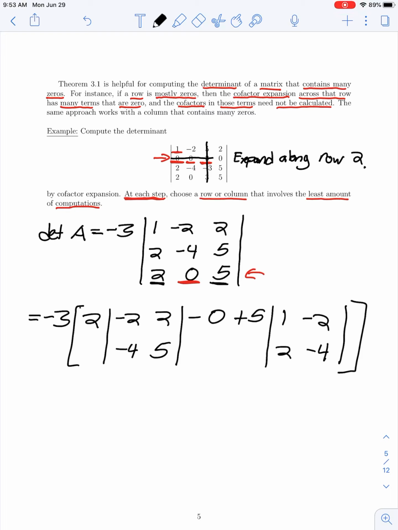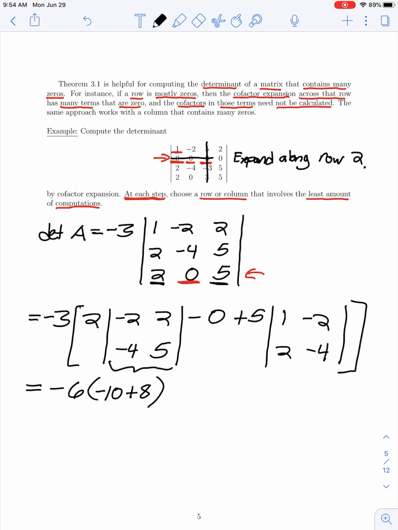So let's see what we're left with. So I have my -3 out in front. As I distribute, I would have a -3 times 2 is -6 times the determinant of this 2 by 2 submatrix is -10 minus a -8, so +8,